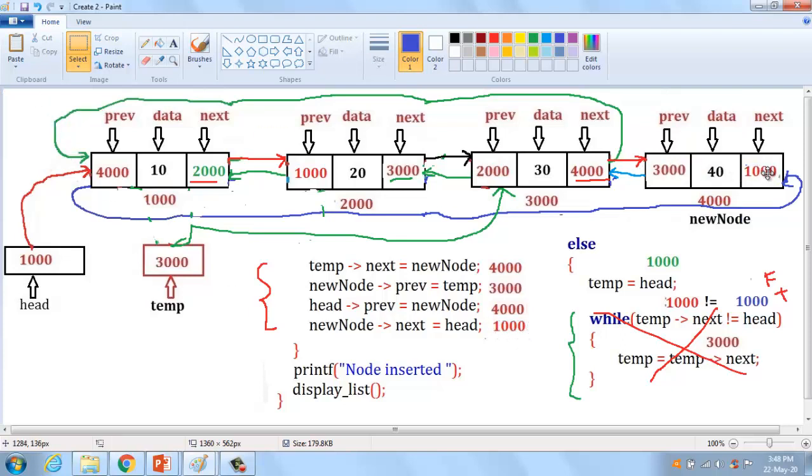It is 1000, so it should be changed into 1000. 1000 means this link is disconnected, and a link is made from the last node to the first node address. Have you understood? So this is the right way to insert a node into a circular doubly linked list. Okay, thank you for watching this.